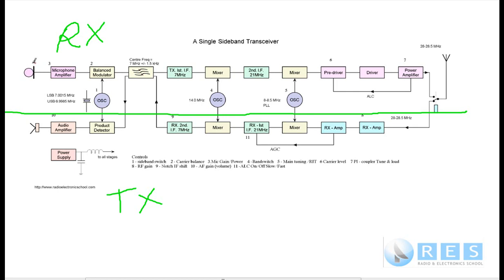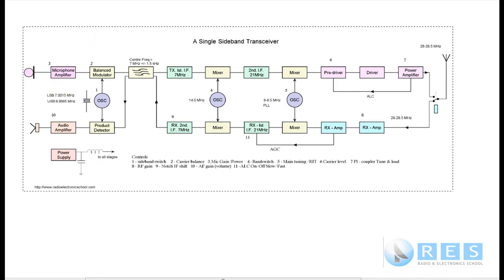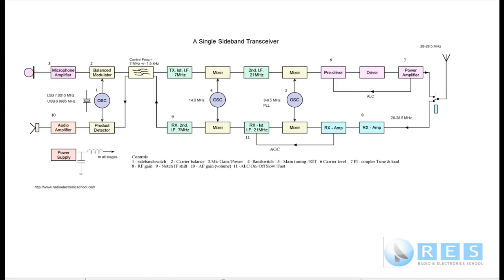We have a microphone that takes the audio. I'm just going to clear my screen up a little bit. We have a microphone which takes 0 to 3 kilohertz audio from the operator. So 0 to 3 kilohertz goes into the microphone, it's amplified by the microphone amplifier, and it goes into the